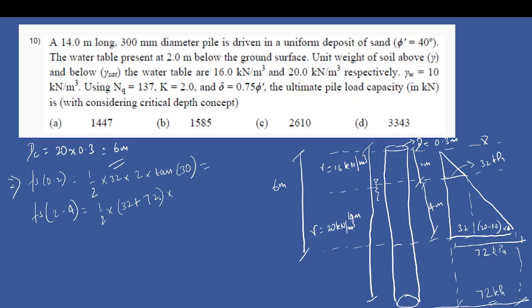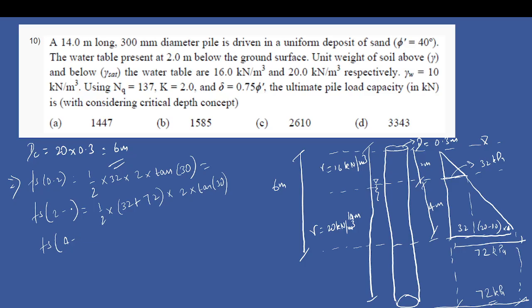Only 32 plus 72 we have to take, right? We need to take the trapezoidal area, this and this, into k tan 30. And then fs is equal to 4 to,